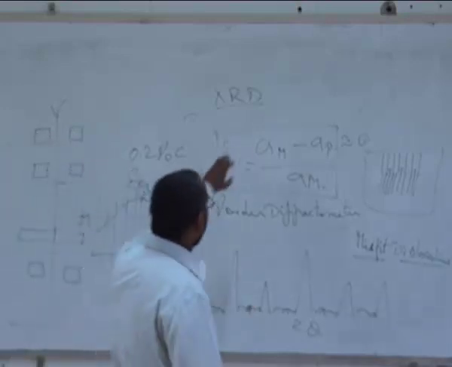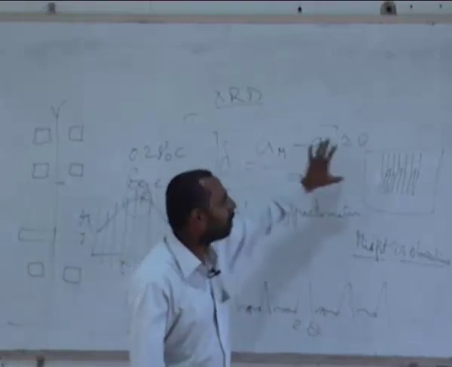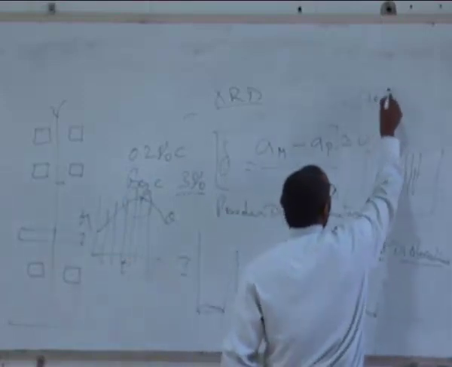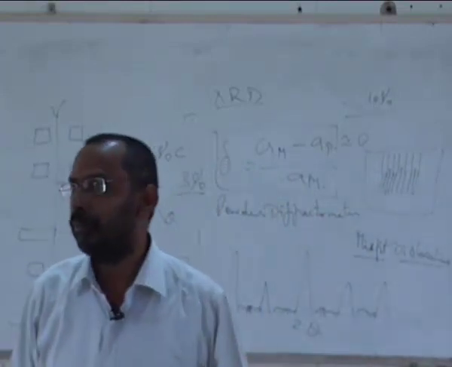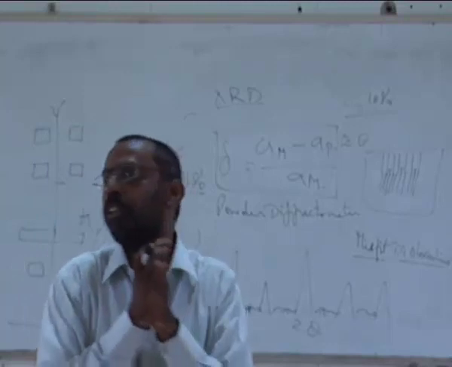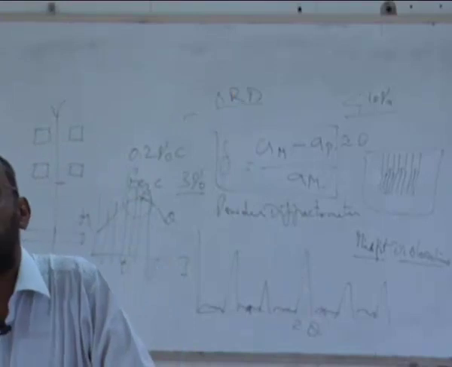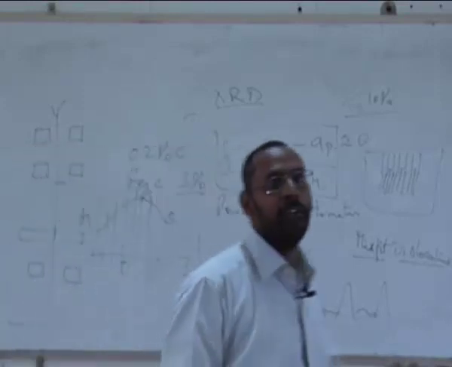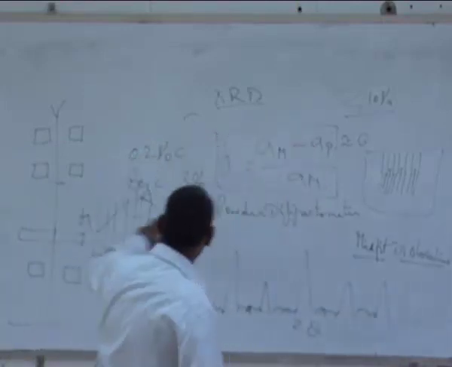So as a result, if I call these two cubic phases and express this misfit as a percentage, if it is less than about 10%, I call them coherent precipitates. That means the lattice parameters are very close to each other, and so they can maintain what is called continuity. If it is more, then I end up with what are called semi-coherent precipitates. If it is much larger, about 15% or so, then I get incoherent precipitates. And all this is important because it influences my properties.